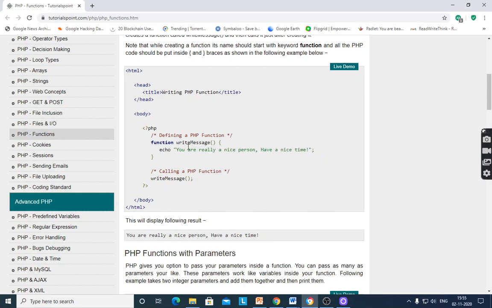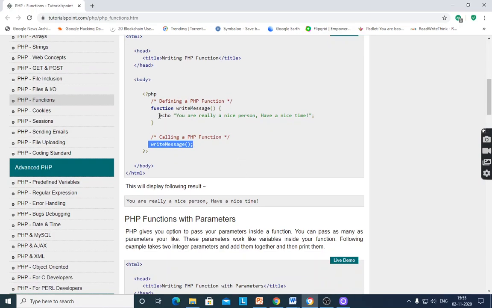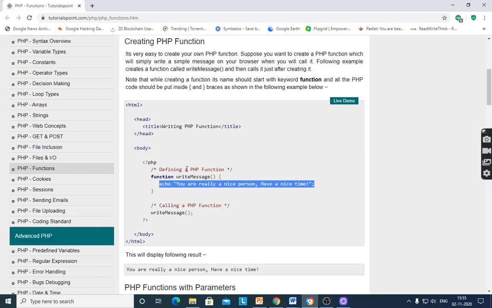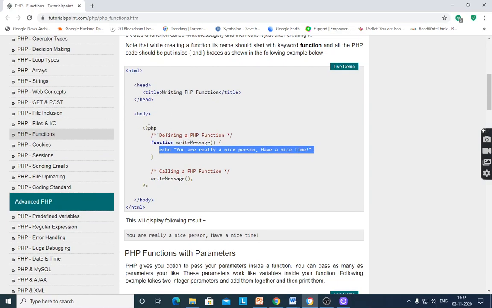For calling that function we have to use writeMessage, and it will display the message given in the function. We have to embed PHP into HTML, and using the PHP tag you declare a function.